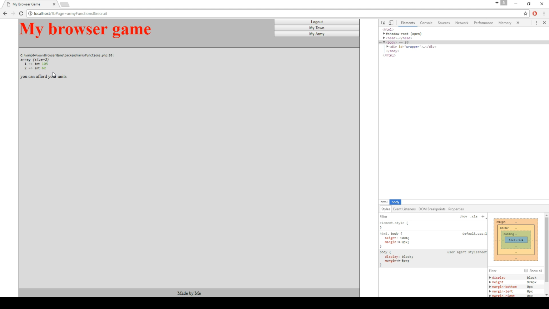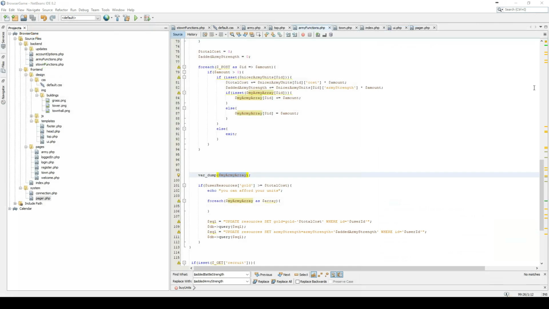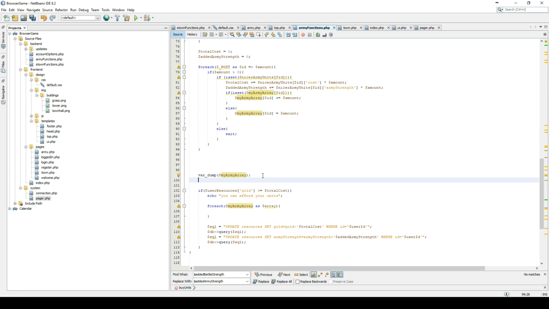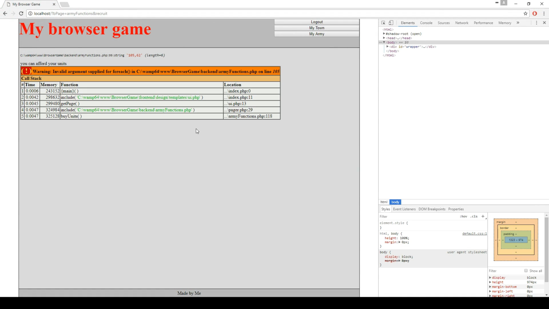Can't we just glue this together? I think we can. Why am I having such a big problem with this? My army array equals implode, and we will implode them with a comma, and the thing we are going to do is my army array, and should have written that over here. And let's try to run that. And yeah, no, that's not good. That becomes 105 and 62. Only the values, because we don't have the